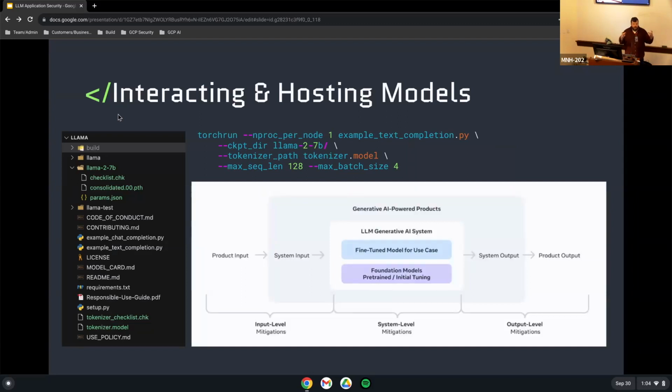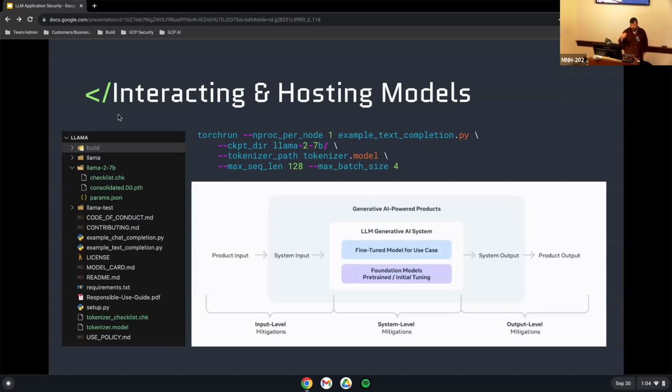So cool, that's great, but how does that really work technically? How do I implement this into my application? So here's an example of Llama 2, the 7 billion parameter model, which is a model developed and shared through an open source license by Meta. And super simple. You clone the repo and a bunch of files come back, but the really important ones are